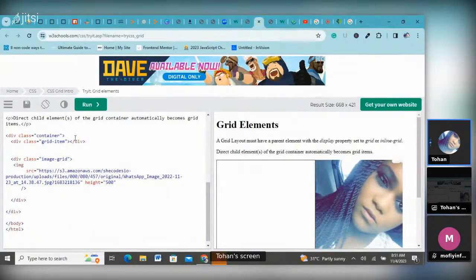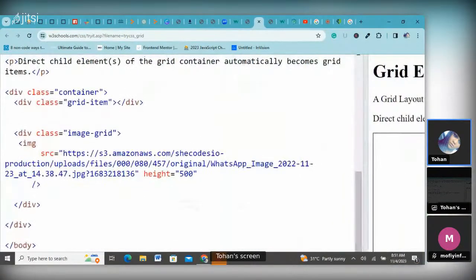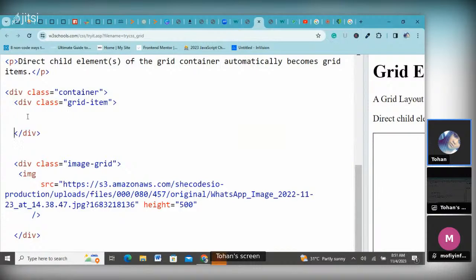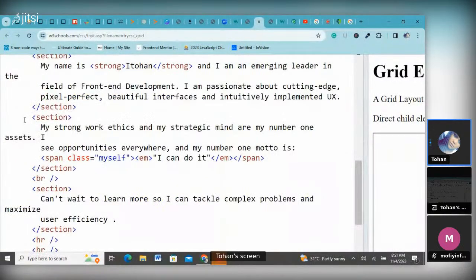So I'm going to come here and put it inside the second grid. So two of them are in a grid now. You can see the container is still there. Yeah, so I'm going to put it like this. So if I run this now,